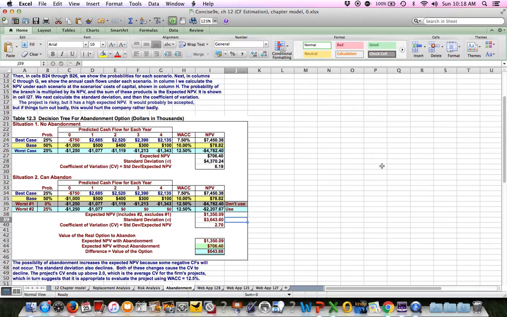Okay, so it's not quite as much number crunching in this chapter as there was for other ones, but the Excel is still good. It still helps you out to do some of the work in Apply. And if you have questions, you can always